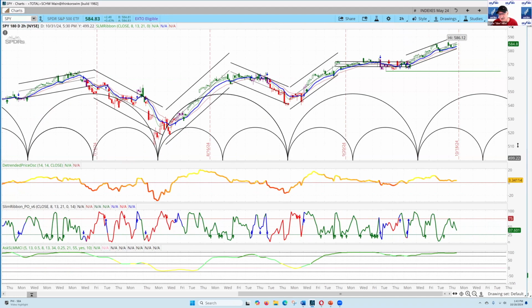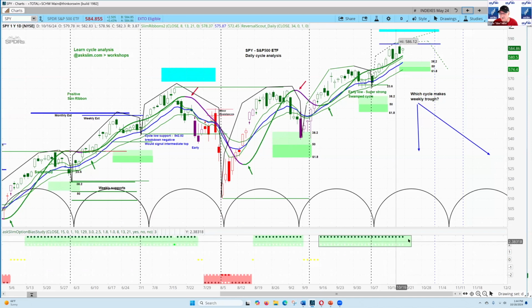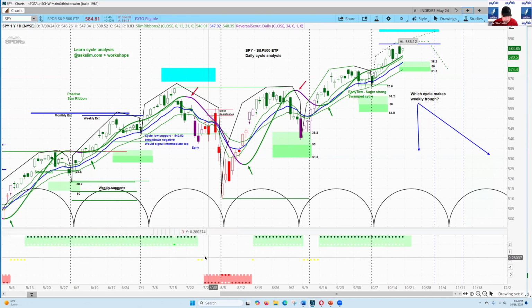So I wanted to do that type of analysis, that type of teaching, because I want to show you that you can get a sense for when the market's actually turning over through an assortment of tools. Our slim ribbon PO on the bottom will turn red. It will tell you when it's negative in there. You will get the OBI over here turning red or going neutral, as it did right over here. You can't see the yellow. It's a little hard to see. Before the market then turned negative right over here and gave you that big decline. So these tools really help you with that.